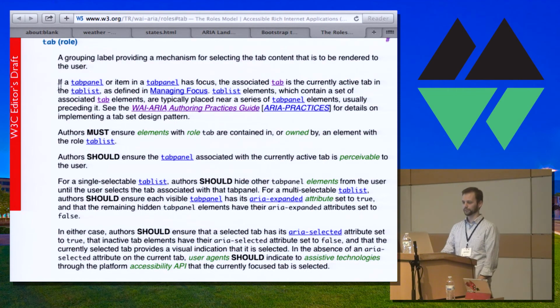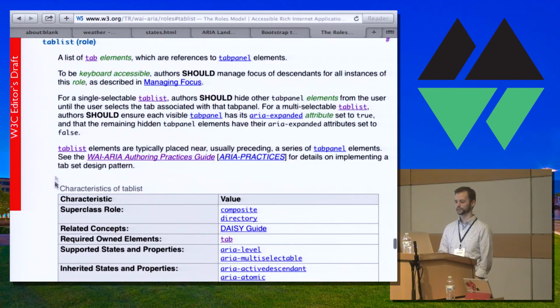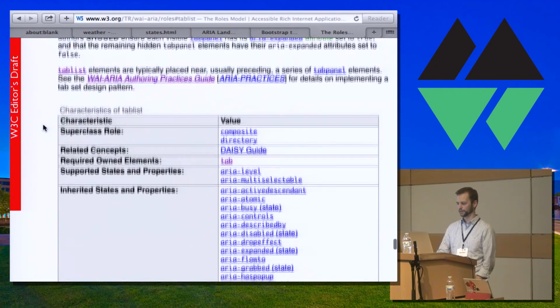So it tells you a lot of stuff. If a tab panel or item in a tab panel has focus, the associated tab is currently active. Authors must ensure elements with role tab are contained in or owned by an element with tab list. Author should ensure tab panel associated with currently active tab is perceivable, yada, yada, yada. So they've got all these specs about here's how your thing should work, and now if we're all in agreement, a screen reader can read it to the user in a way that makes sense. And so then we've got the tab list role, and they will illustrate out